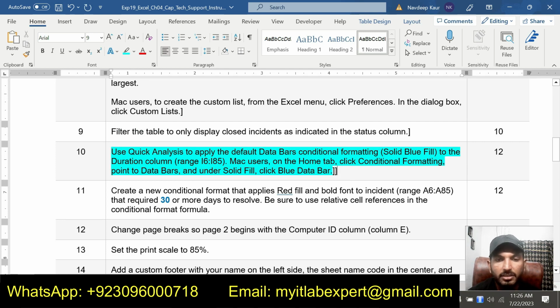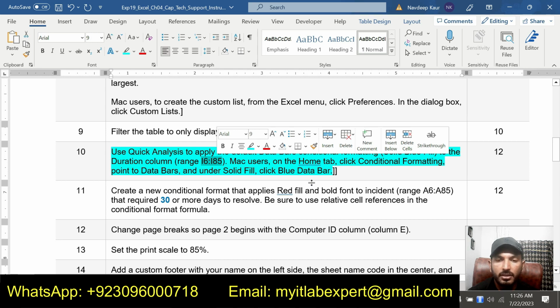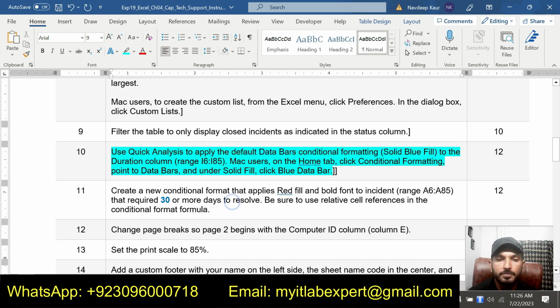So use quick analysis to apply the default data bars conditional formatting to the duration column I6 up to I85. So we are supposed to apply the default conditional formatting. So I will simply select the duration column data.